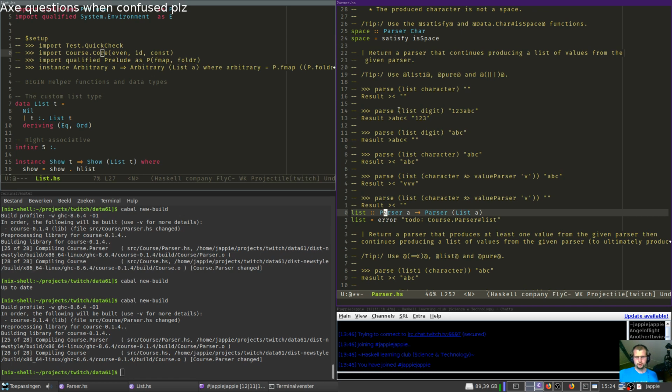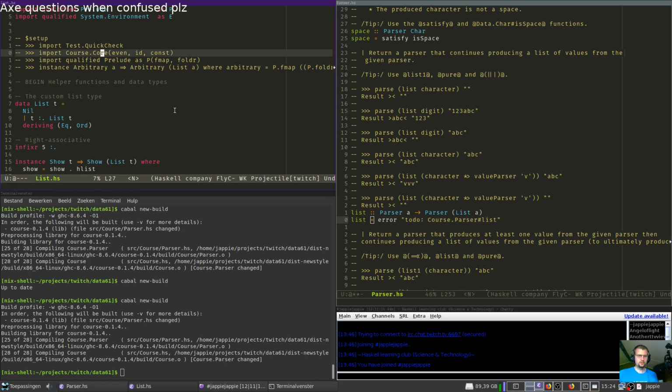Well, need to continue consuming input. This is like self-recursive maybe then or something. I need to look at the type of parser again.